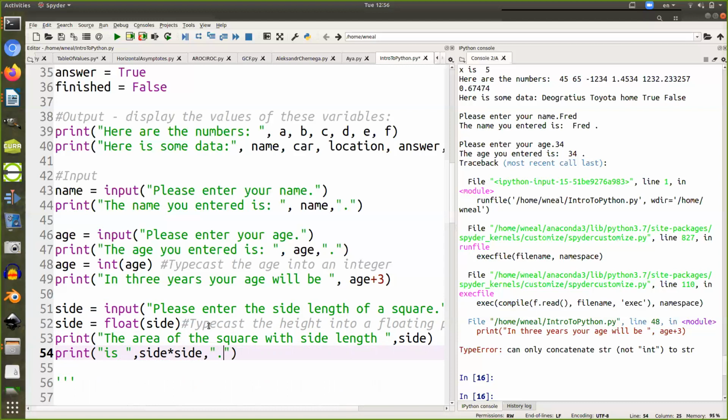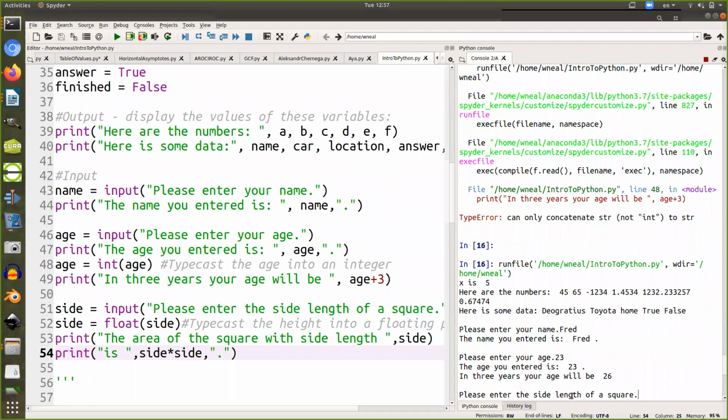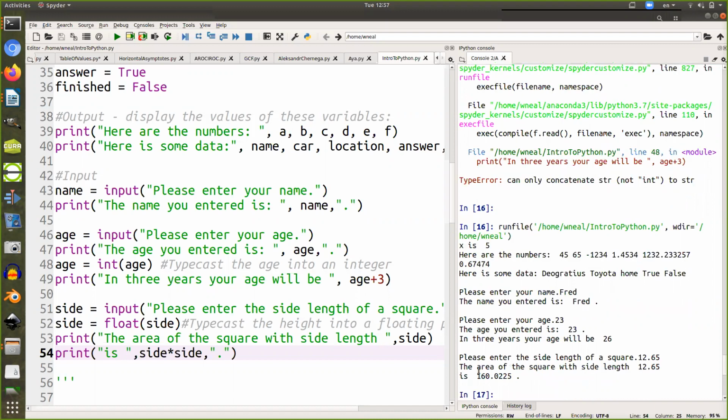There we go. And we will run the program one more time. Please enter your name. Please enter your age. Please enter the side length of a square. So I can actually enter the side length of a square, even without decimal places, 12.65. And the area is that 12.65 times 12.65. It did my calculation for me. So we are starting to get a little inkling of the power of Python to do some